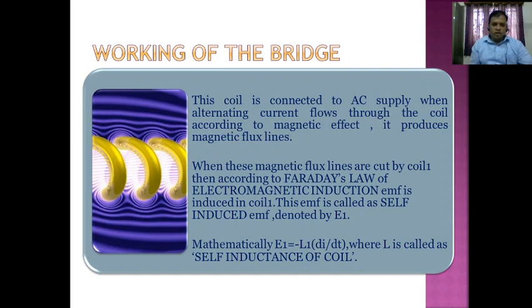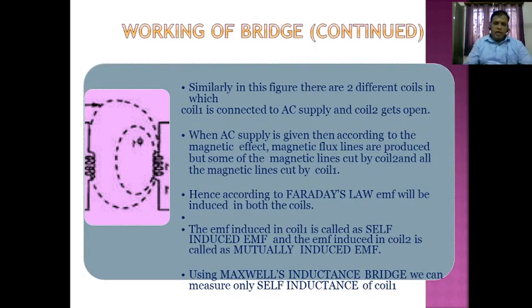When these magnetic flux lines are cut by coil 1, then according to Faraday's law, an electromagnetic induction or EMF is induced in coil 1. This EMF is called the self-induced EMF, denoted by E1. So mathematically E1 is equal to minus L into dφ by dt, where L is called the self-inductance of the coil. Similarly, we have